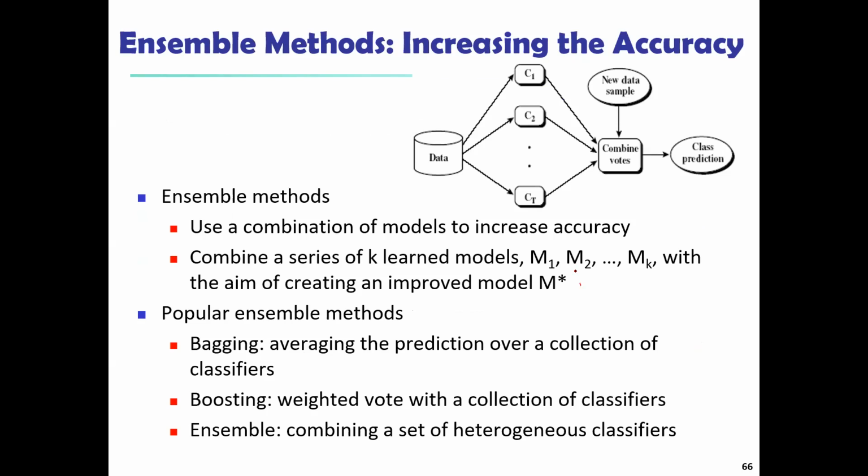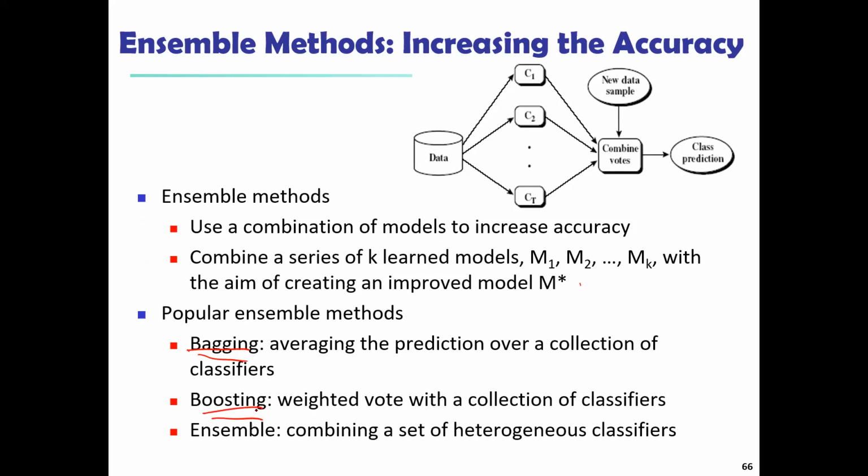Ensembling method or technique is combining multiple models. We are going to train multiple models on a particular data set that we have, and finally we try to get the output. In this, we basically have two techniques. One is bagging and the other one is boosting.